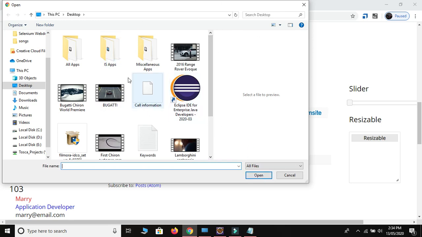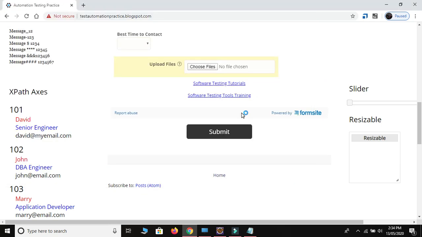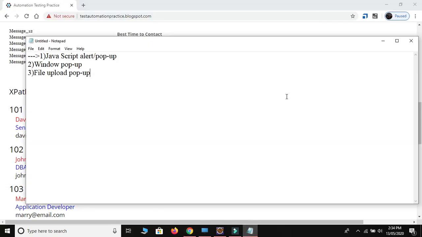To handle this type of pop-up, like the file upload pop-up, we need to take help from AutoIT or Sikuli. I will create one video for this also. So this is the window pop-up, and the third one is the file upload pop-up.